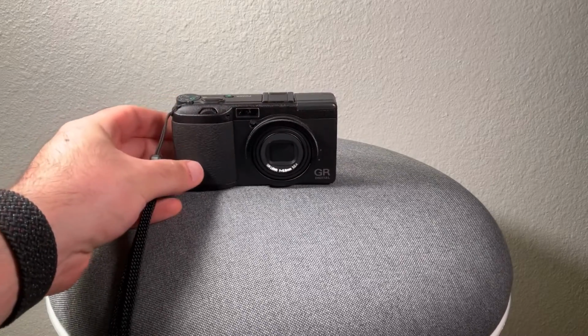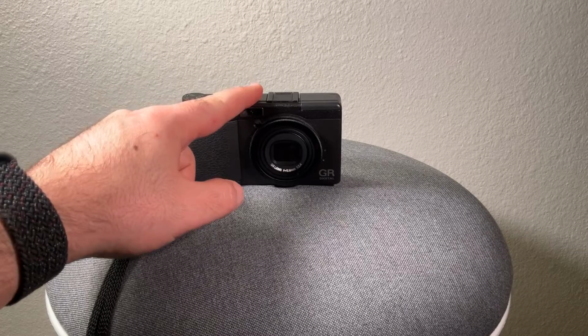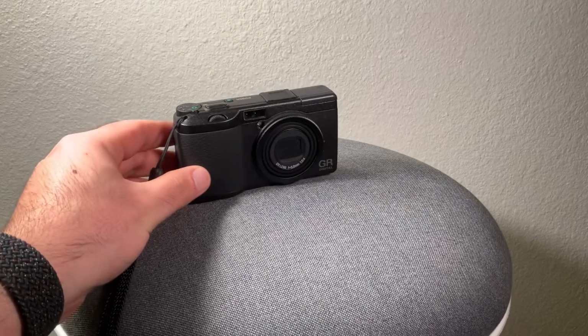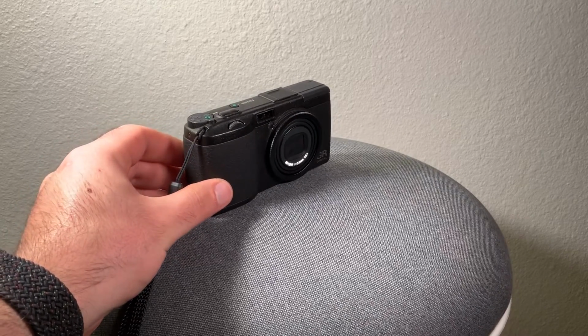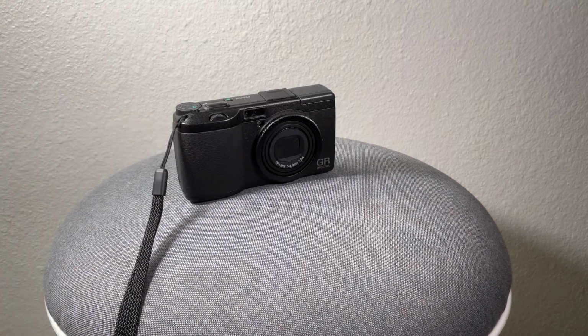There are 4 generations of the GR Digital. There is the GR Digital 1, which is what we see here, all the way to GR Digital 4, which was released in 2011. Also a very old camera. I might be getting one of those soon, so stay tuned for a review of the GR Digital 4 possibly, but this guy is a legend. It has its own cult following, especially when it comes to those black and white JPEGs,